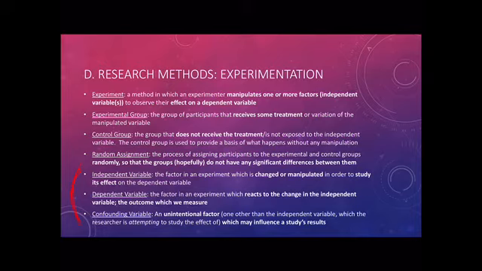So an experimental group is the one that receives the independent variable, receives the treatment. So if your study is on a medication, whether or not it works, then you would use a real medication and you would use a placebo. And your experimental group gets the real thing, whereas your control group gets the fake thing, or what we call the placebo.